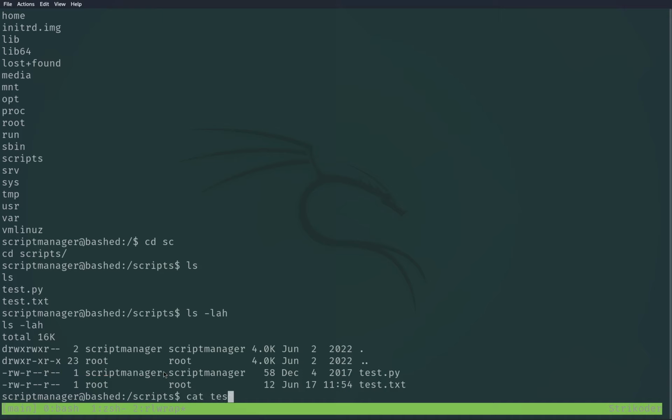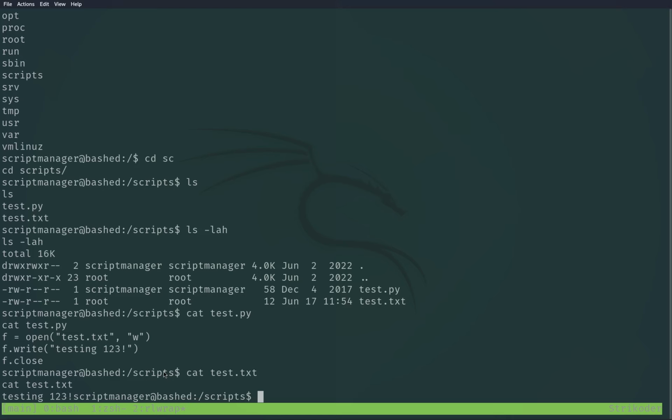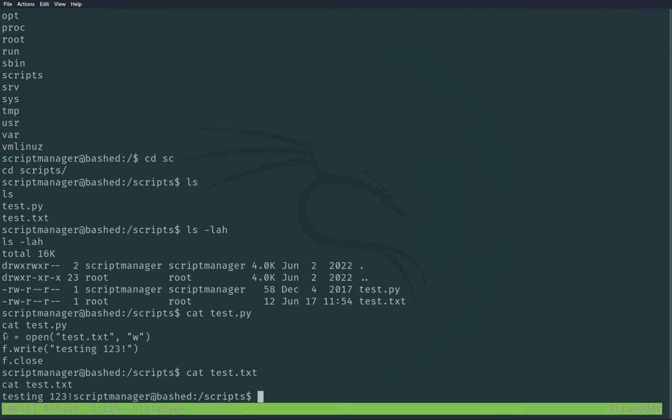Let's check what is written in the test.py and cat test.txt. We cannot read that. We can, but it's empty. So let's try to escalate our privileges through the Python file. So here we see that the Python ran as root. That's why it created a root-owned test.txt. So I would say chmod plus 777